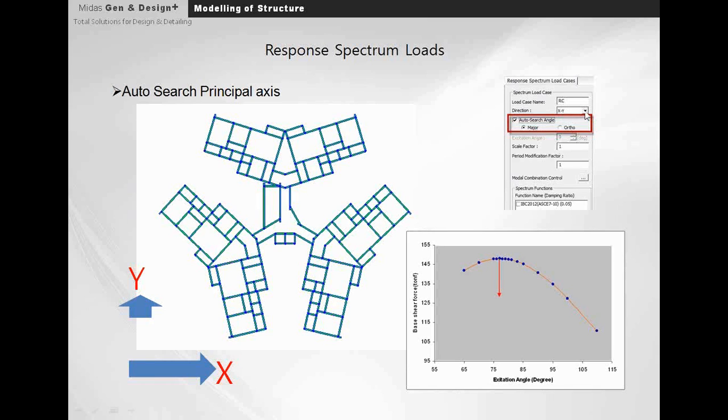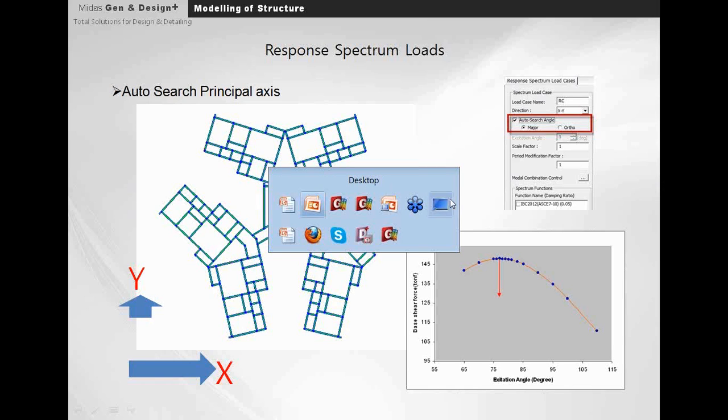You will see on your screen the highlighted red box, and I'll show you just now how you can use it. You just need to select in which direction you want to check, like the major direction, like X, or the ortho direction, and MIDAS Gen will automatically calculate the excitation angle for you. So going back to the program,